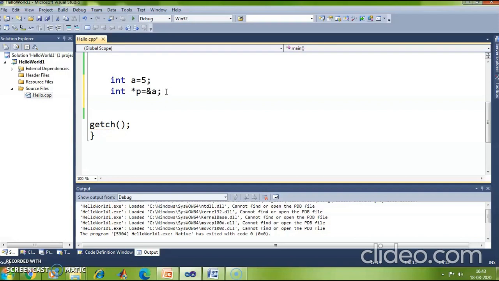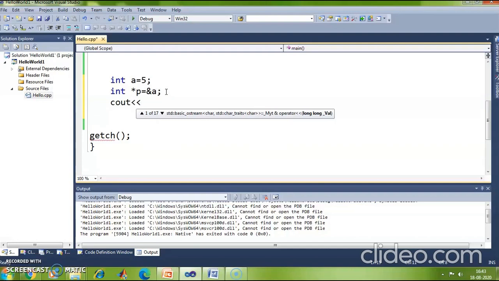What if I want to access the value present in this variable a using the pointer? If I want to access the value of a using the pointer, I will use the dereferencing operator star. For example, let me print the value of a using the pointer p. So I will say dereferencing operator p, so that I could print the value of a.